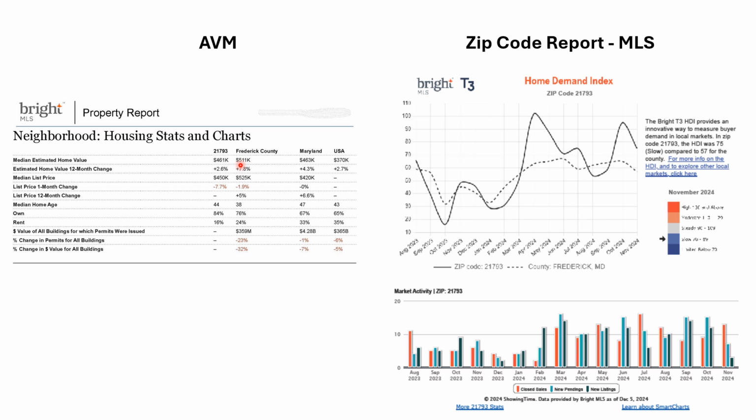Our MLS, which is called Bright, provides, and many MLSs do provide, fairly detailed statistics in regards to demand and supply. In this specific instance, we see that the demand for the zip code as compared to the county fairly mirrors it, but it's up and down, and it can be a little bit higher, can be a little bit lower, depending on the month. But overall, the demand index is a little bit below average, as you can see, which I certainly keep in the back of my mind when I'm doing my work.